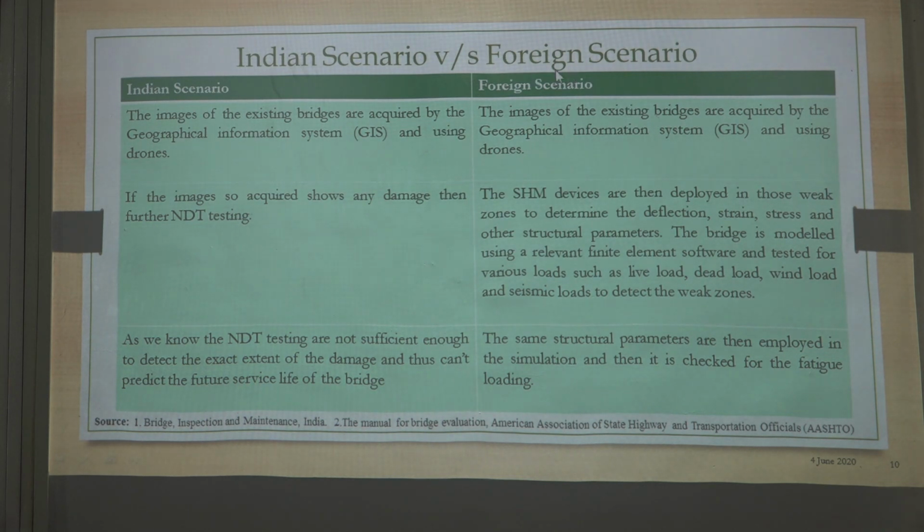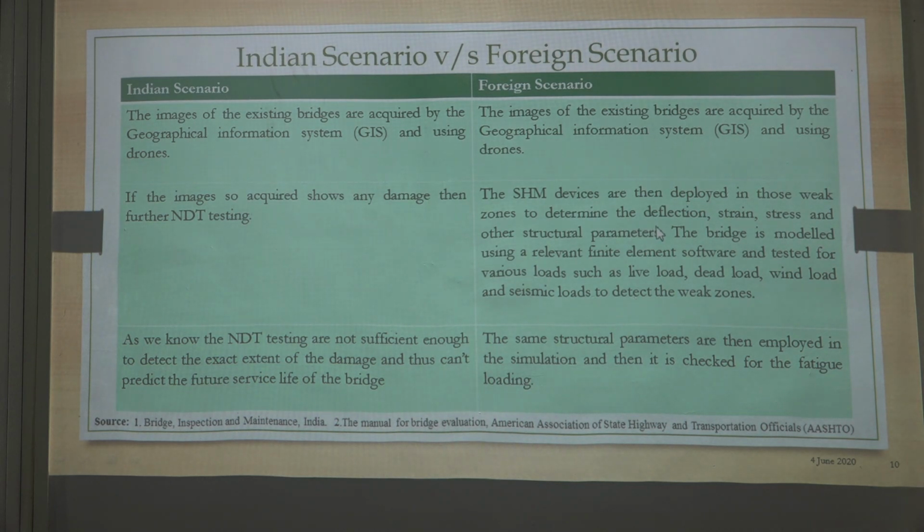What is the systematic method the foreign people are following? So, what are they doing? Initially they have photographs of the failure, the local failure on the bridge system. Then by using these photographs, they deploy SHM devices, the SHM system, in those weak zones to determine the deflection, strain, stress and other structural parameters. After determining those deflection, strain and stresses, the bridge is modeled using the relevant software